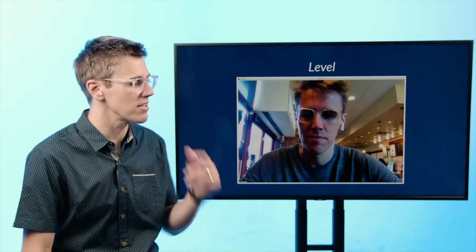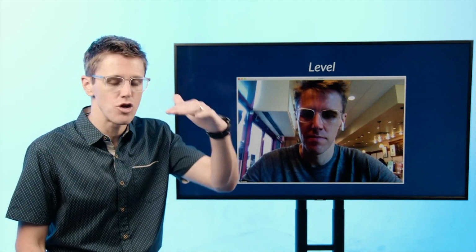And then lastly, this is level. You just want to be able to look directly into the camera. There's another thing that you got to learn when you're on video calls: am I looking at the screen or am I looking at the camera? Something I tend to do is, if I'm talking, I stop looking at my screen and look at wherever my camera is. If I'm not talking, I look at my screen so I can see everybody talking. And that is super easy if your camera's level.